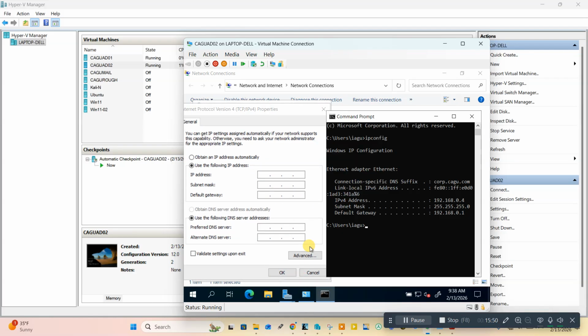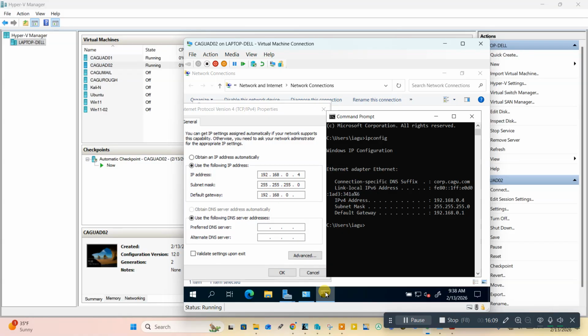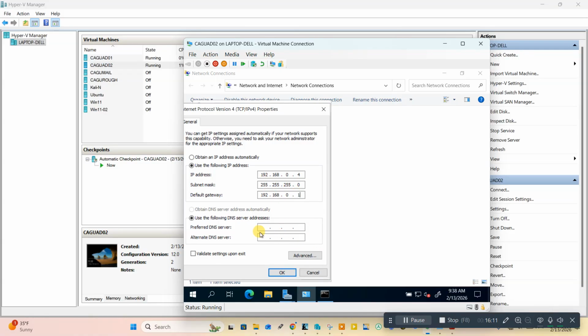Okay, so we know it's 192.168.0.4, and the subnet mask is 255.255.255.0, and this is 192.168.0. I believe it was 1, but I'm just going to confirm. Yes, it is 1. And that is the default gateway address. And then